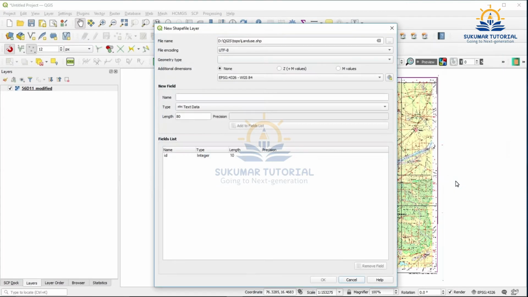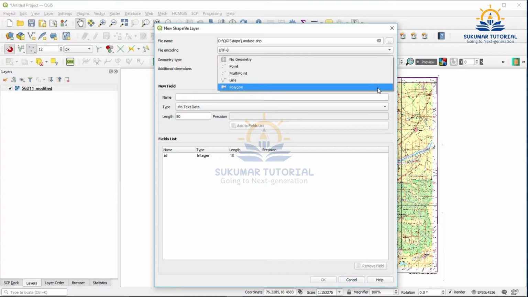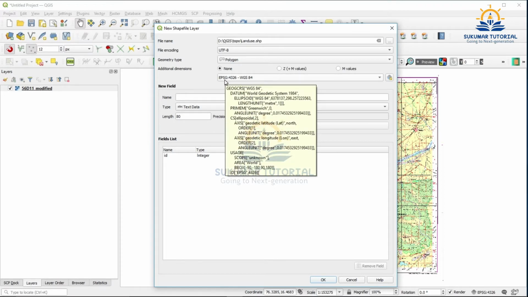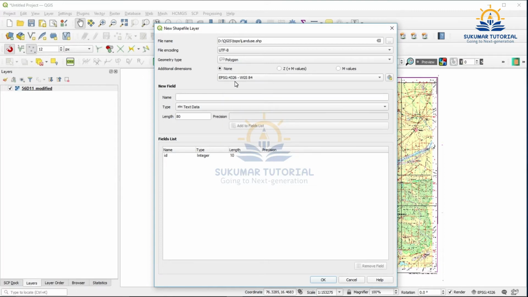There are different land uses. I am going to digitize all the land use features. Then come to geometry, click, select polygon. Polygon has come here. Then see that the geographic coordinate EPSG 4326 WGS84 is there already.